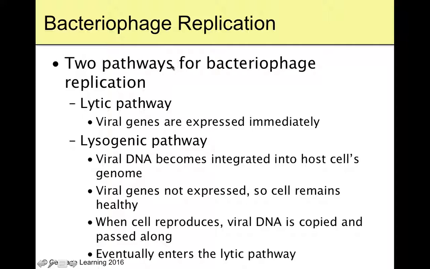So there's 2 pathways to do this, and this is really cool. There's the lytic pathway and the lysogenic pathway. When you and I think of someone getting sick, we think of the lytic pathway. The viral genes are expressed immediately, and it's the process I just explained to you. Lytic comes from the word lysis. Lysis means to break or to burst, and so the goal is to break the cell and spread the viruses. This is active infection, make you sick, and make as many viruses as we can while we can.